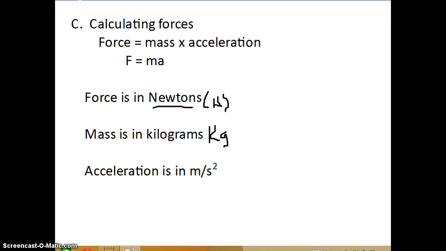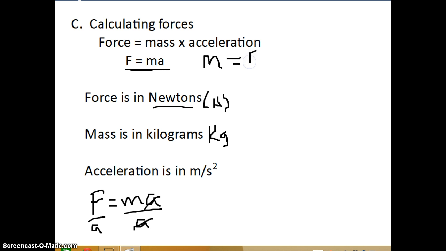You do need to know how to rearrange this equation. This equation will be given to you on the test, but you do need to know how to rearrange it. If you wanted to solve for mass, you want to divide by acceleration on both sides, and that will cancel out your acceleration. So mass is equal to force divided by